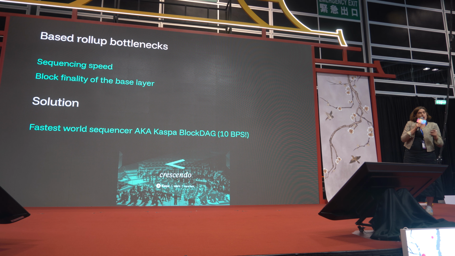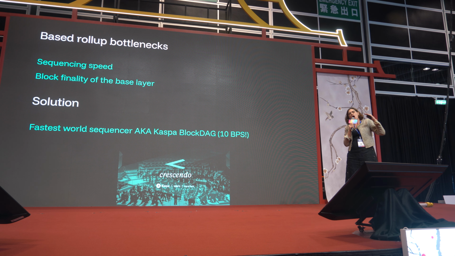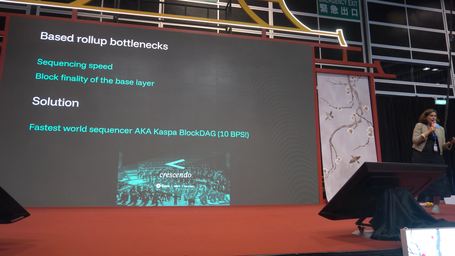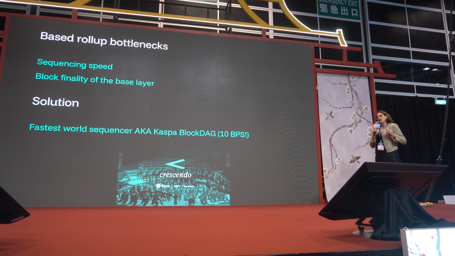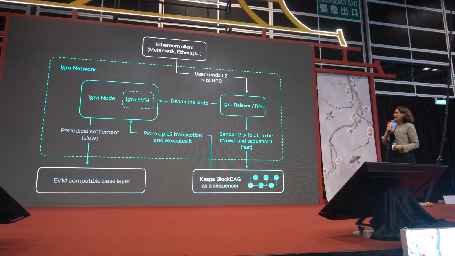And in doing so, we are going to try and scale up where our limitations are based on the speed of the block DAG sequencing, i.e. Kaspa. Now, why? Because right now, Kaspa is on track to become the fastest world sequencer after the introduction of Crescendo in May. This is a basic scheme of how Igra Labs is going to work, right? You're going to have users send transactions to the L1, Kaspa, for sequencing, and then be able to confirm the state transition within Igra nodes.